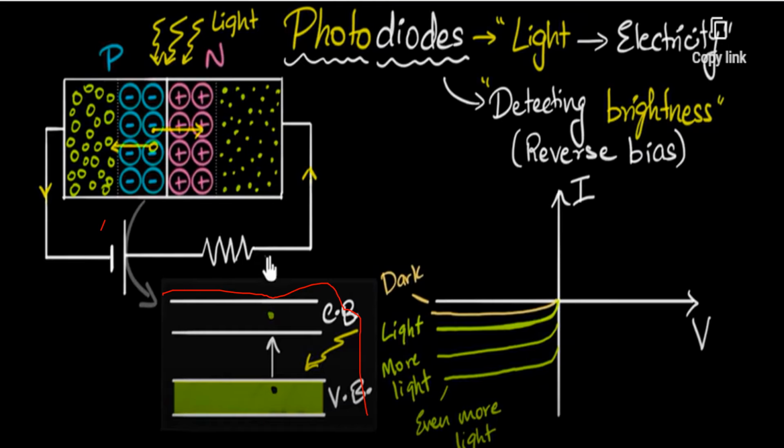So when the light is increased, this current increases. This yellow color is the dark region. When in darkness, it will have the same characteristics as a PN junction. But when the light falls, depending on the intensity of the light, the current varies as shown in the diagram. So more light means more current in the reverse direction. Let us go to the next slide.